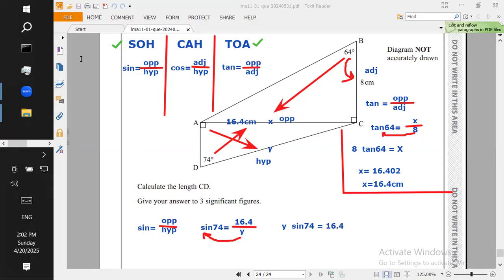Now, I'm going to rearrange again to make the y the subject. And this one is multiplied by sine. This means that I'm going to take the sine of 74 here, take it to this side by dividing. Because it's multiplied, I'm going to take it by dividing. So y will equal